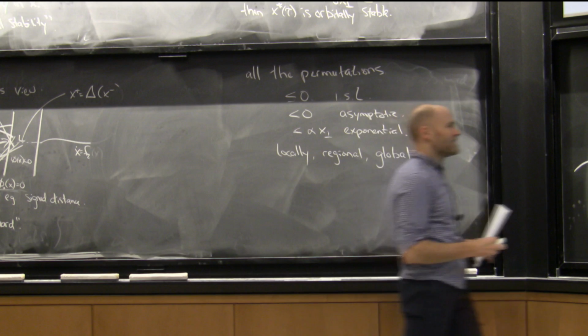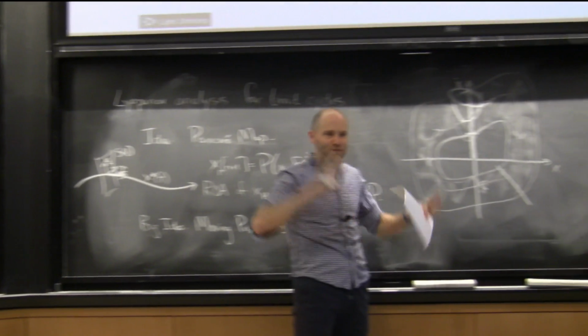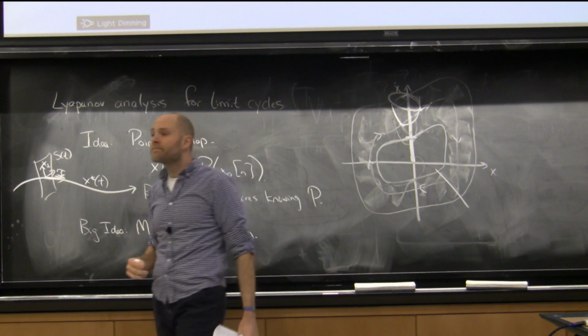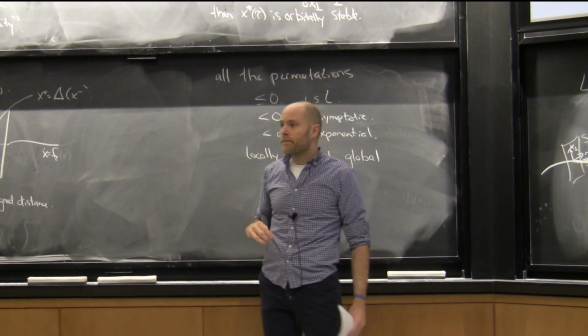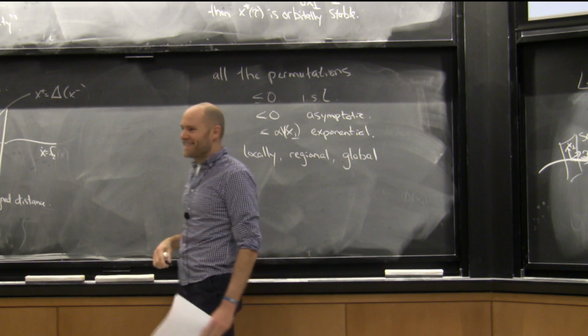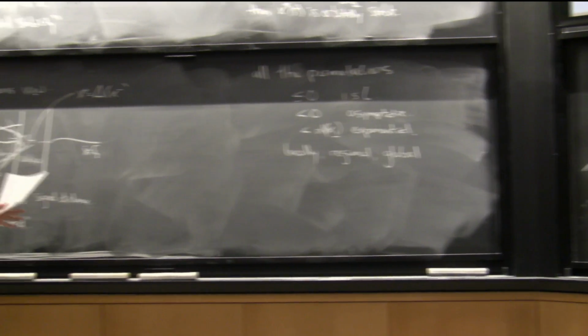Global's sort of, for a cycle, there's always going to be some singularity or something that forces you to go in some other direction. But you can ask the global questions too. For exponential, I can't see how x perp, maybe you mean V of x perp? Sorry, V of x perp, yes. When it's quadratic, yeah. Cool? Okay, so let's make this more concrete by trying to find that function for